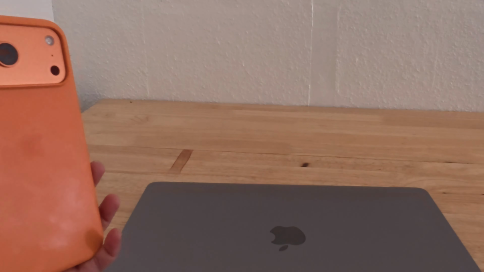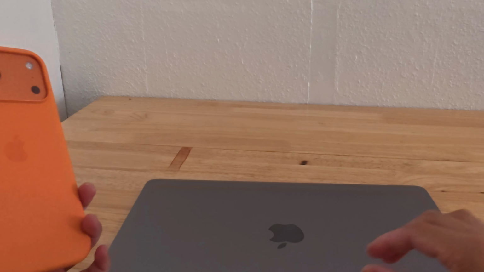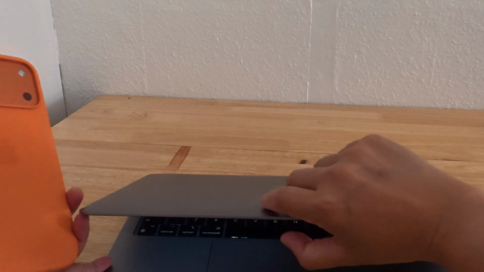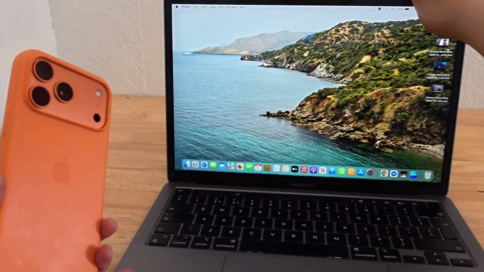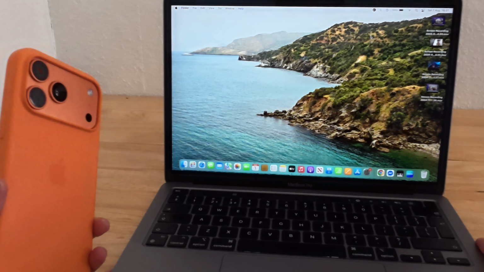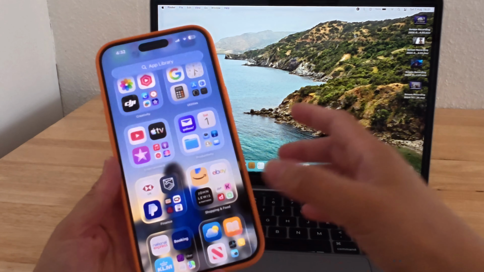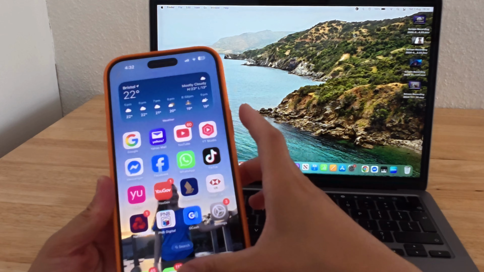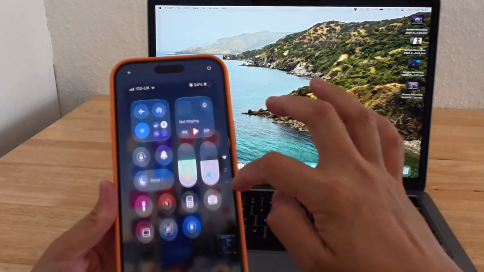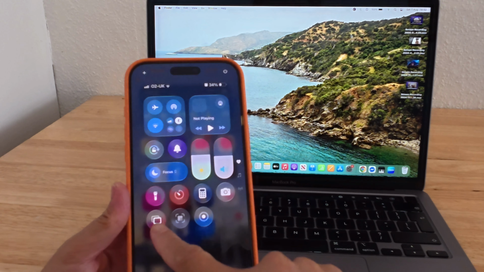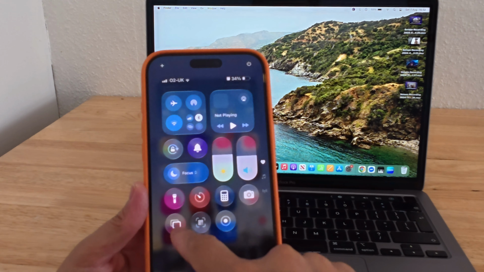I will show you in the back camera. I have here my iPhone 17 Pro Max and my MacBook Pro, but you can use any kind of iPhone you have as long as there is a mirror setting. So I need to open my MacBook. First thing, go to your settings here, just scroll here, and then click the mirror settings,